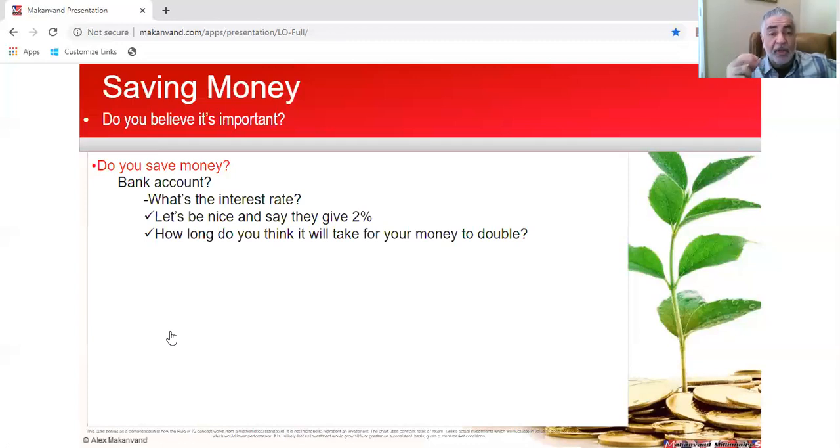The key word, the operating word here is double. All right. So John, how long do you think it would take? He'll say 10 years, 15 years. Mary, how about yourself? How long do you think this will take? 10 years, 15 years. Whatever answer they give, I always used to say, you know what? Great answer. That's the number one answer. That's the number two answer. Now, another thing you notice is I'm going to ask John, and I'm going to ask Mary. And I'm not going to just ask and move on. I'm going to ask and pause, and make sure they give me an answer.